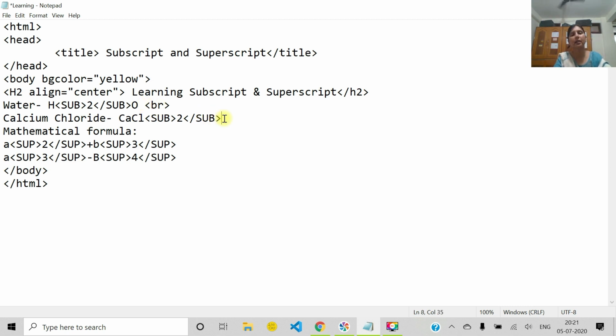Or, if you want to give space, you can use the paragraph tag. If you want one blank line space, you can give the paragraph tag. You will enclose every formula with the P tag, or simply if you want to bring in the next line, you can give BR. Fine. Molecular formula BR. After every line we will give BR. BR is which type of tag? It's an empty tag. Fine.